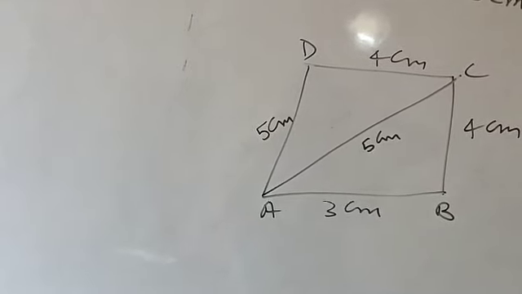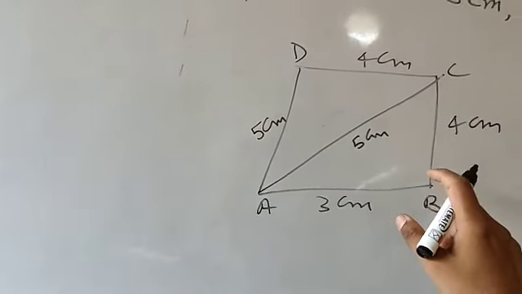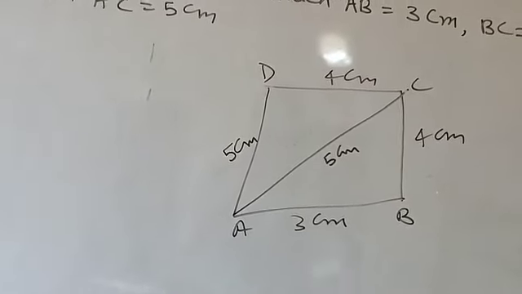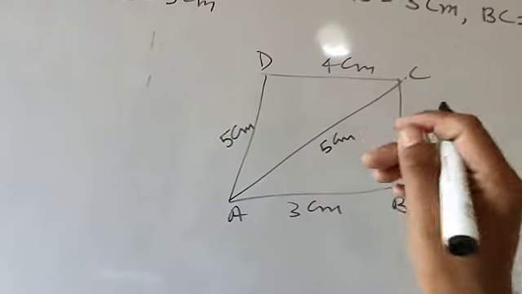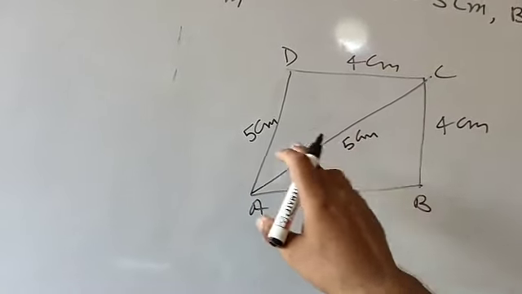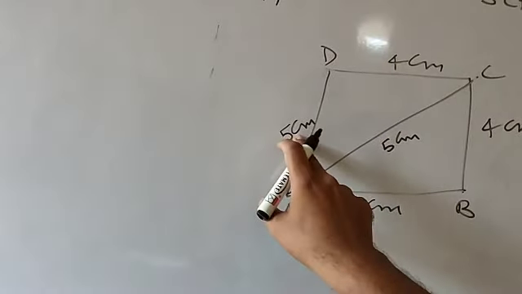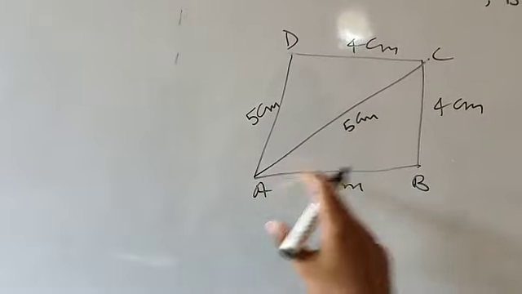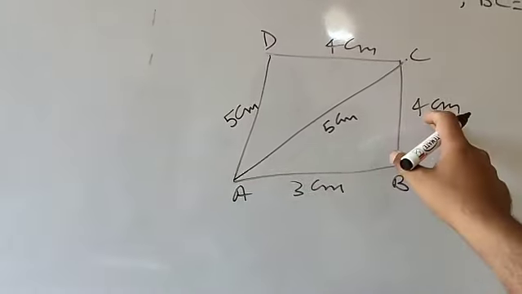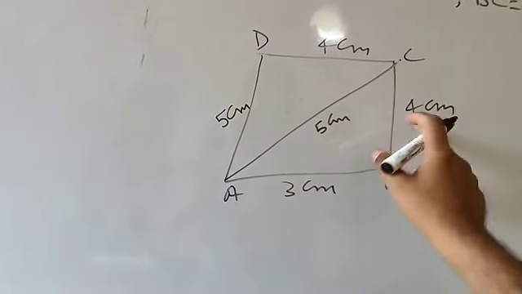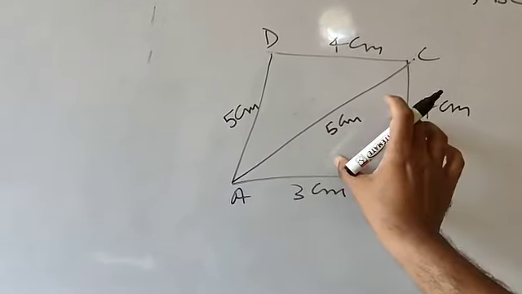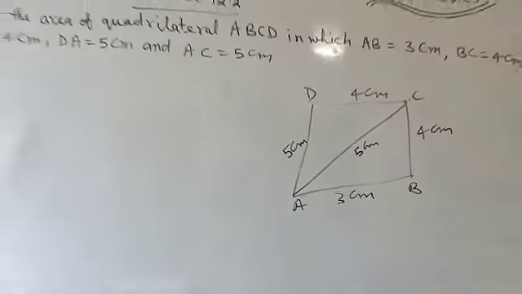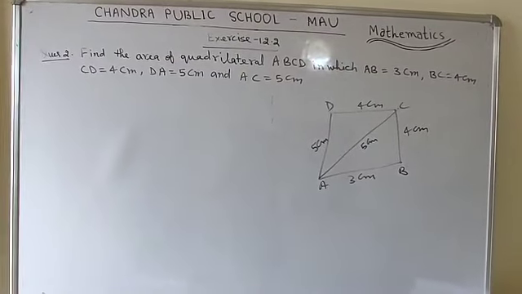The only difference between question number 1 and 2 is that in the previous question, one angle was given as 90 degree. So in that triangle you applied half base into height. But here you are not given any angle of 90 degree. So here you need to find the area of both the triangles by Heron's formula. For the triangle ADC, the first side is 5, second is 5 centimeter, third is 4 centimeter. So use Heron's formula here. In the same way, in the triangle ABC, one side is 3 centimeter, second is 4 centimeter, third is 5 centimeter. So again apply Heron's formula to find the area of the triangle ABC and add both the areas, then it will be the area of the quadrilateral ABCD. So students, try to solve this question by yourself. Now thank you students.